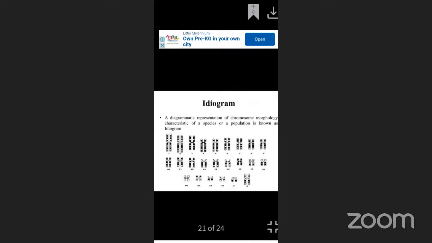So the karyotype is generally presented in the form of a diagram. The homologous pairs of chromosomes are arranged in decreasing order